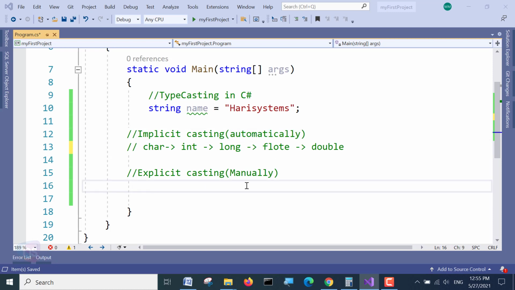In explicit casting, we need to do it manually. Here, larger data types are converted to smaller data types.